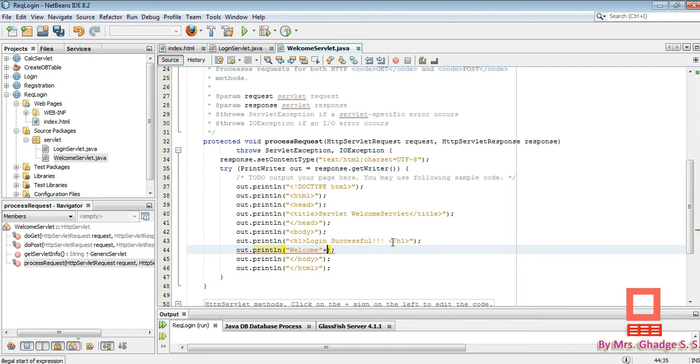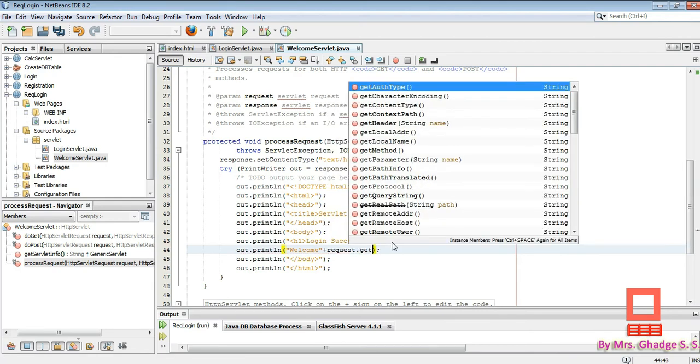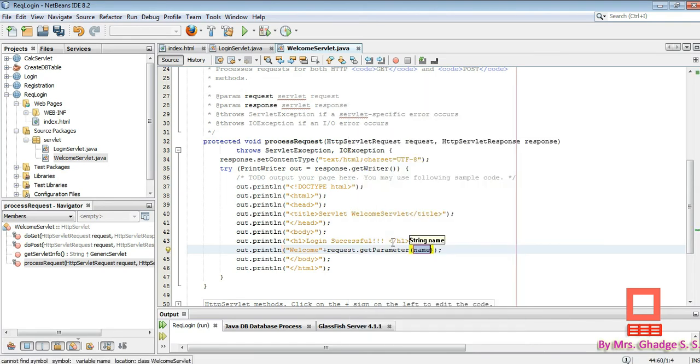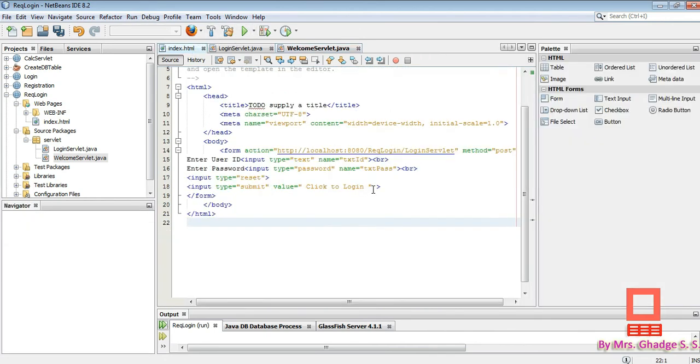Okay, plus, we need to retrieve the username, so we just write request dot get parameter, and the name property is here. What is it?